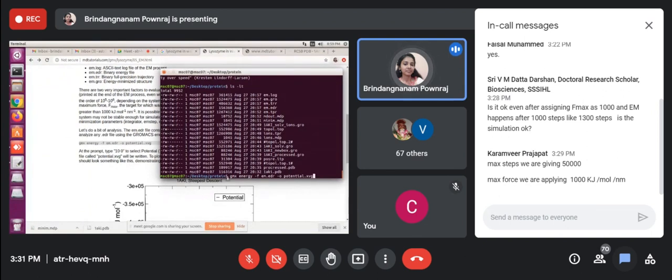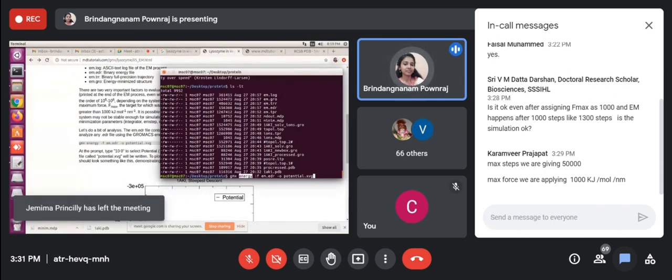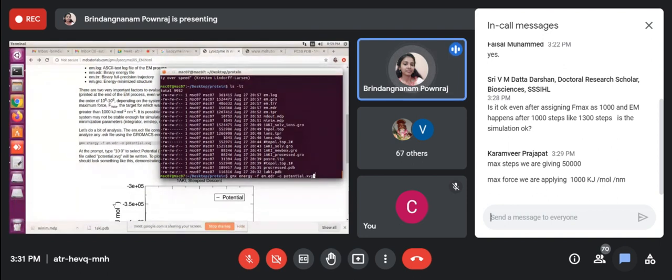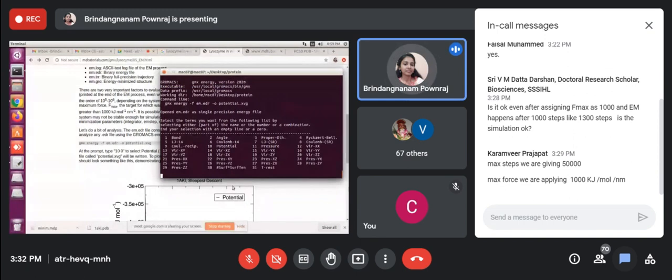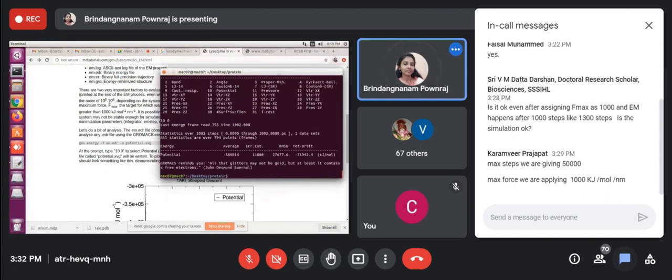So gmx as usual command, then energy, then input file I'm giving EDR, then output I'm giving XVG, the file XMGrace can read. So here I'm going to plot potential only. Potential is here, number 10. Then to come out, I'm giving 0.